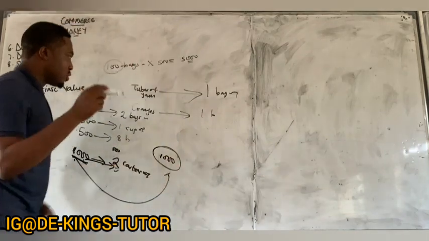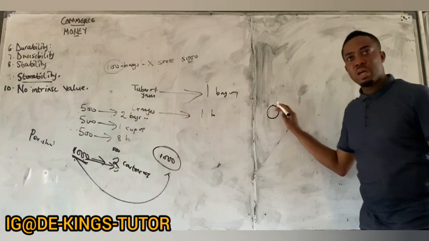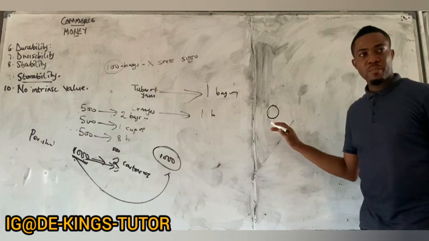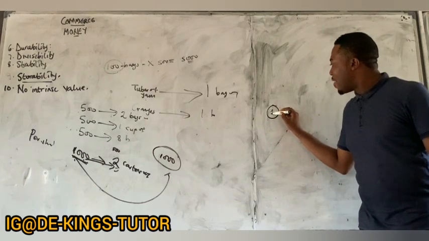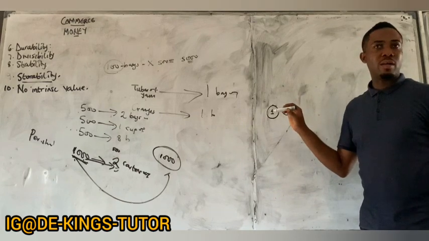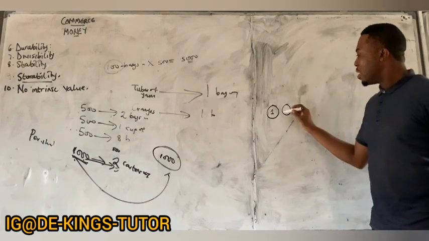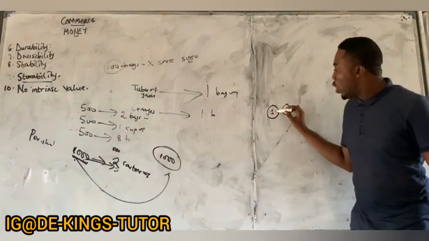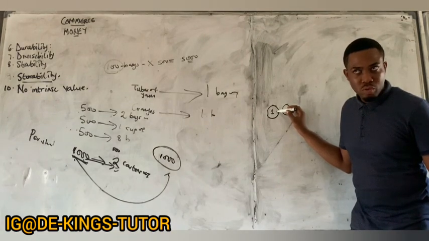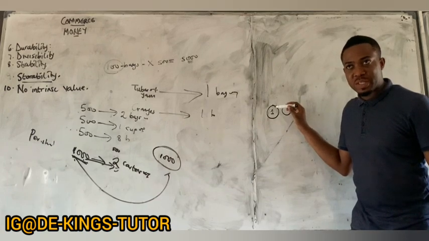For instance, watch. Before now, they used coin as money. Do you understand me? Coin. And most of those coins, you have 1 naira. I know most of you were not born then; you might have seen it in the museum or in the news. Now look, let me explain. Most of these coins were made of gold and some silver.